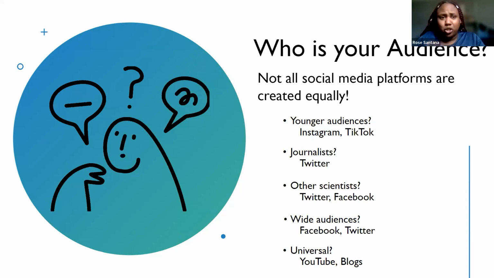If you want a wider audience or just a general audience, you're probably going to want to go somewhere along the lines of Facebook and Twitter. And things that are catching up a lot more nowadays are YouTube and blogs. Joe Schmo can make a YouTube channel nowadays, and really, it doesn't take a lot to be considered a content creator, right? If you create content, you're a content creator. So anybody can use these platforms, and everybody has access to them, which is what makes them so great.